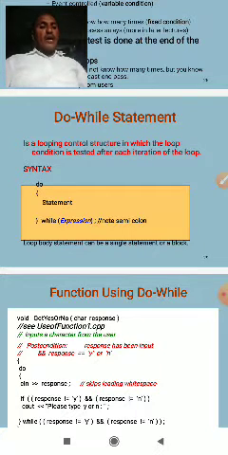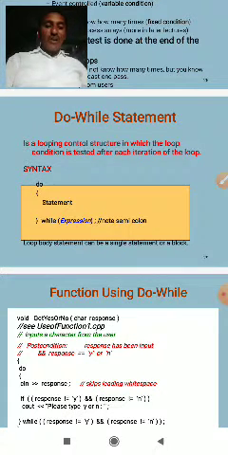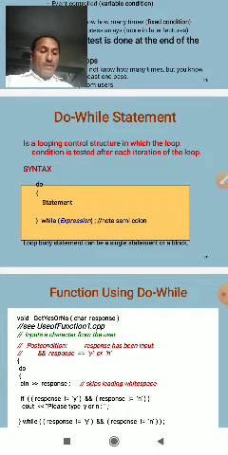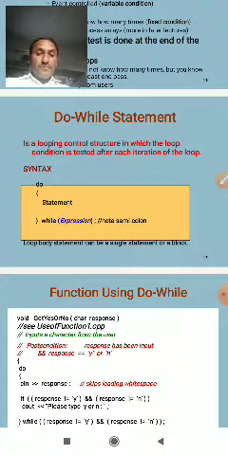Then print the values, with increment or decrement, natural numbers or whatever it may be. Then take the loop statement in this while loop program. So this is an example program.